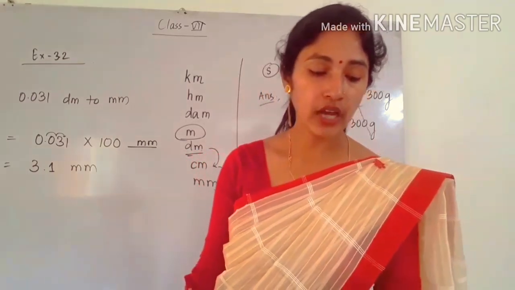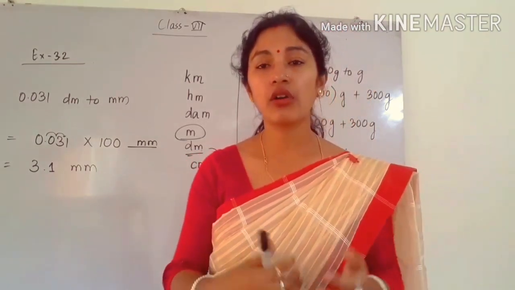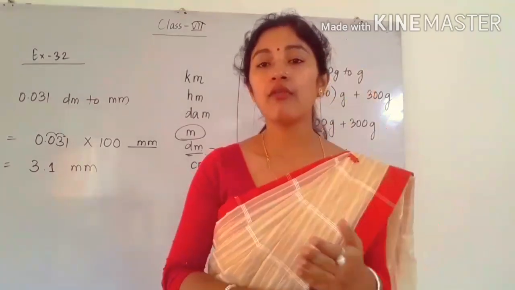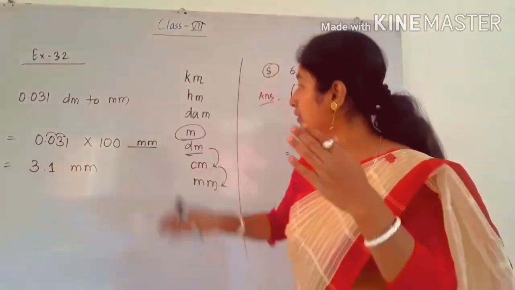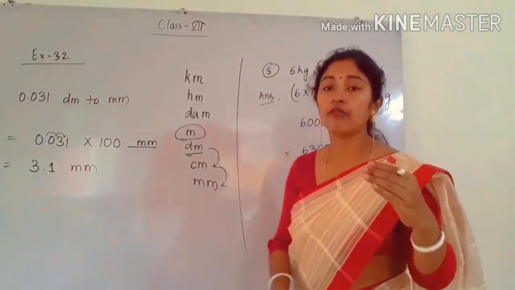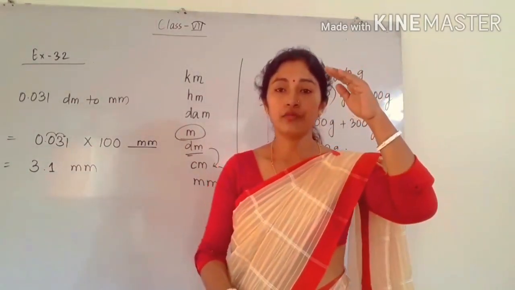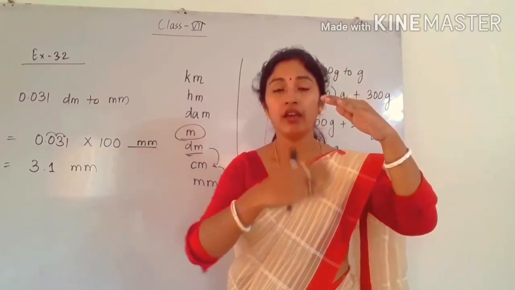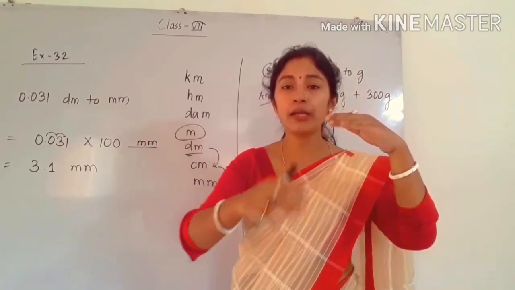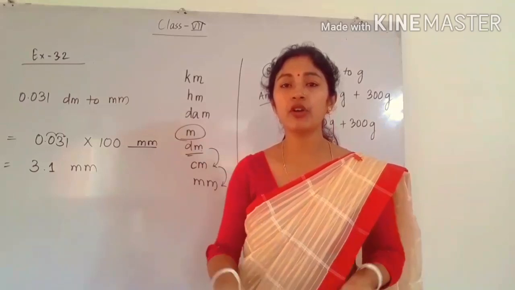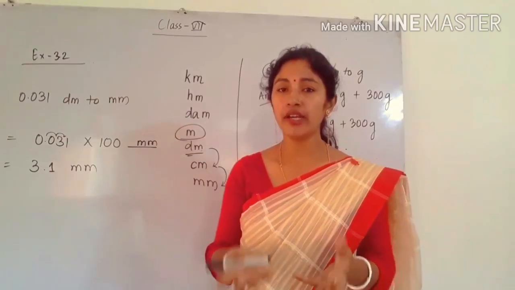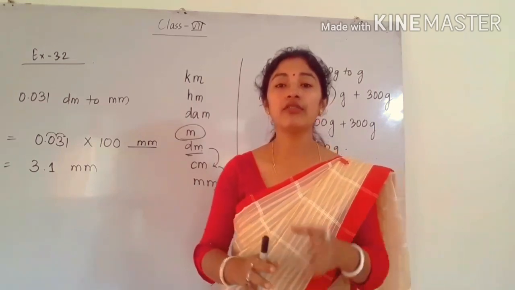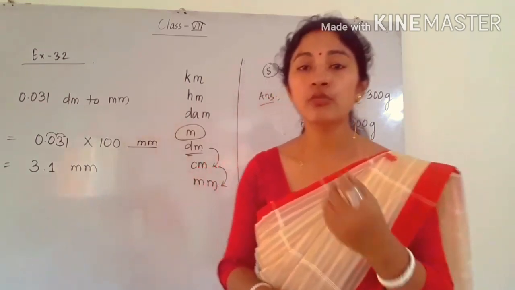You can do it, I know, because these things you already know, we have already discussed them in our classes. See, whenever we are using the chart, and we come from up to down steps, what will happen? We are multiplying. So when we multiply, what happens? Do we get a larger number or a smaller number? Already you know, when we multiply, we get larger numbers, and when we divide, we get the smaller number.